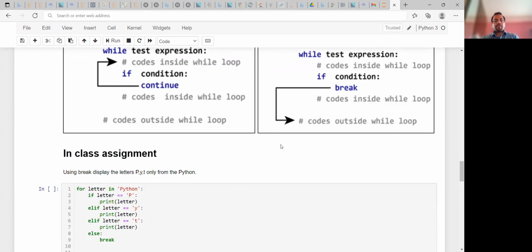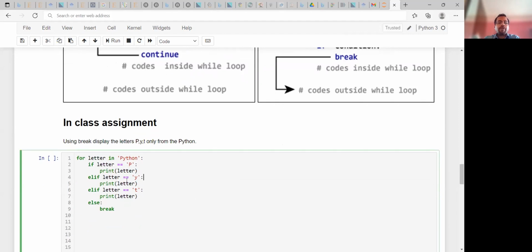All right. There are different problems also given. So you can check what will happen if you run this. This is a test case. Suppose you want to print only PYT